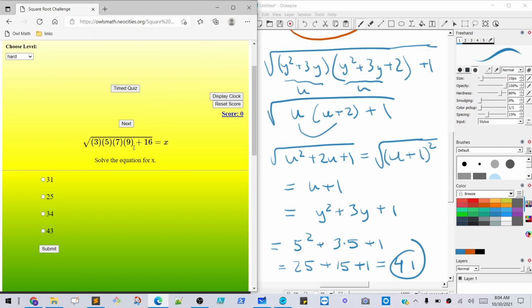If you looked at some of the harder problems, you'll see that this number is not one, but it's going to be the same idea. So you can play with that